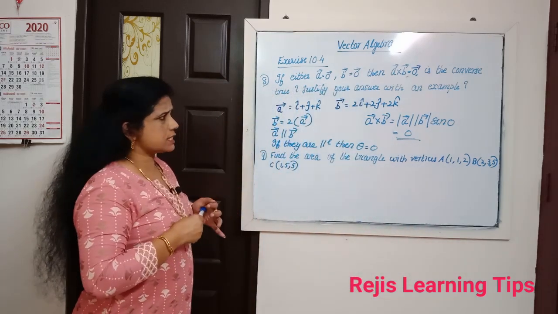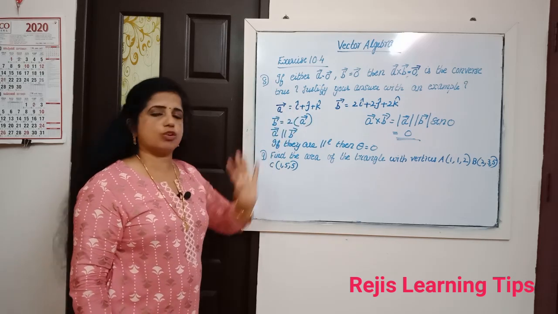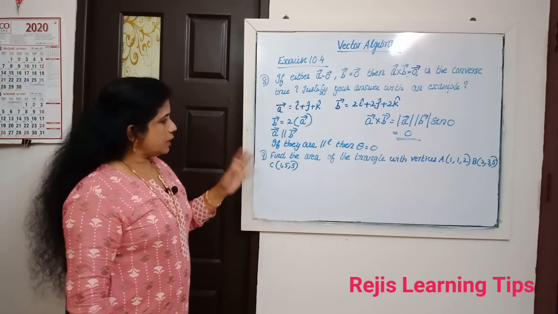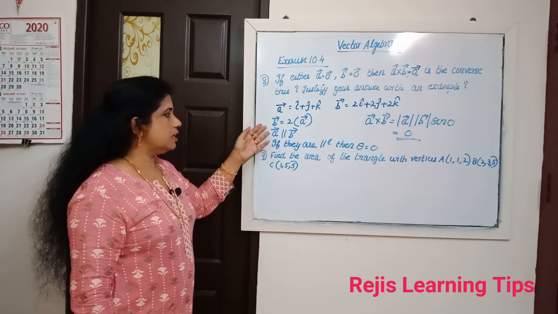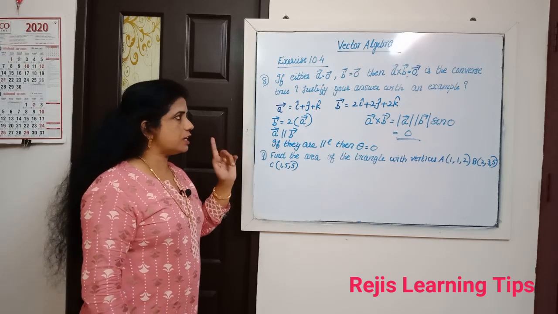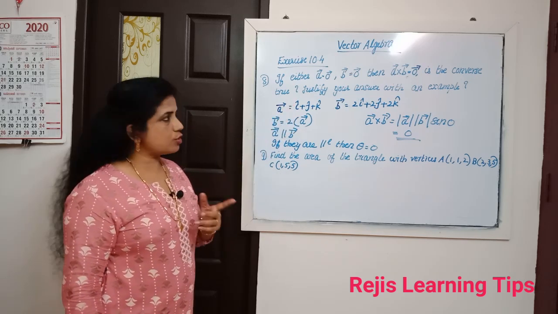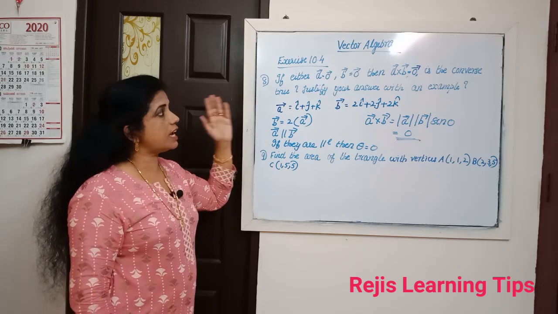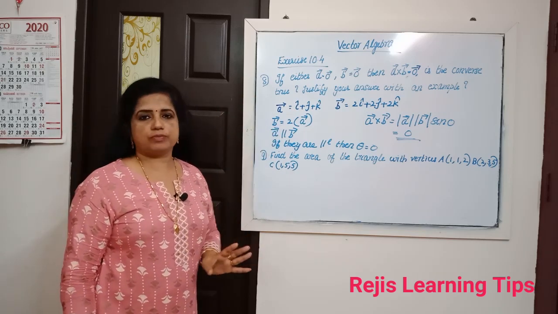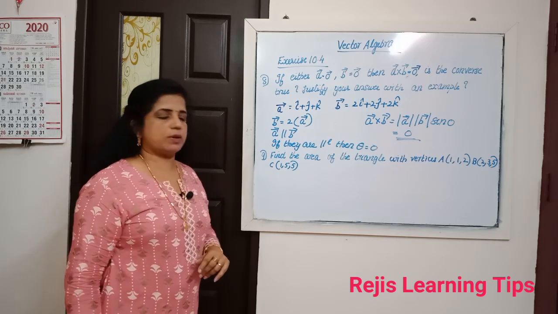You can give any example. First you write vector A, then you multiply vector A with any constant. Then you can show that vector A is parallel to vector B. If vector A is parallel to vector B, then A cross B can be 0. So it is not necessary that vector A and vector B should be 0. Understood? Okay, then we can see the next problem.